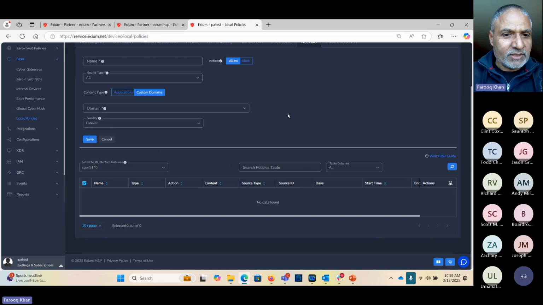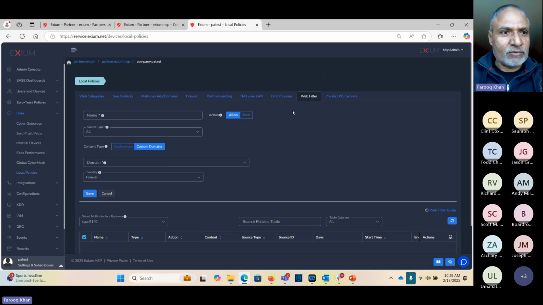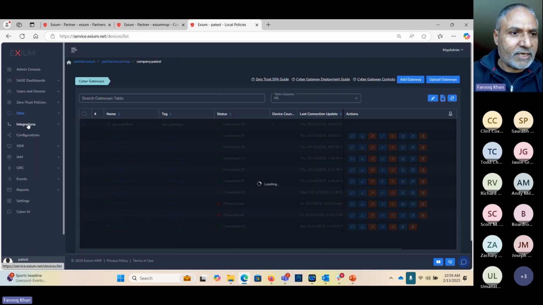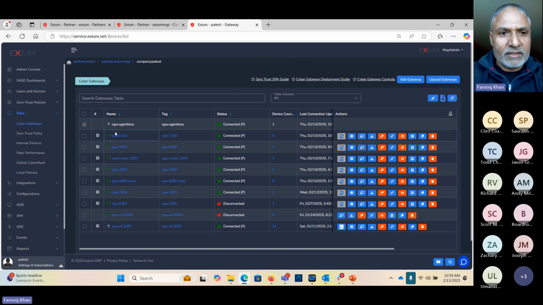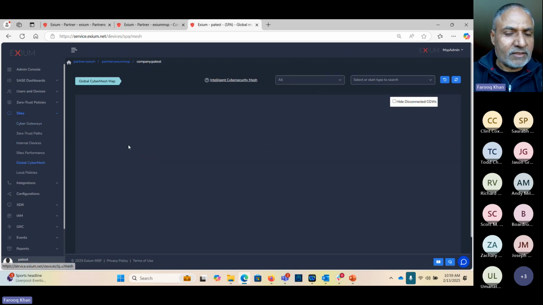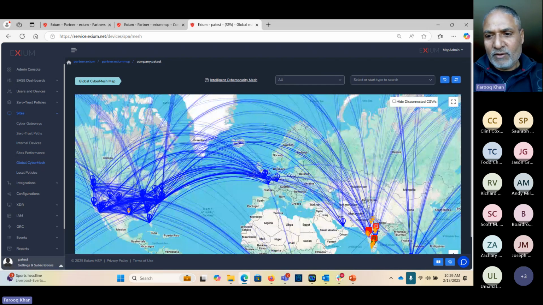Okay, I think with this one, we have covered most of the things we planned for today. So cyber gateways were over here. This gateway is connected, and I can also see the global cyber mesh where all the gateways